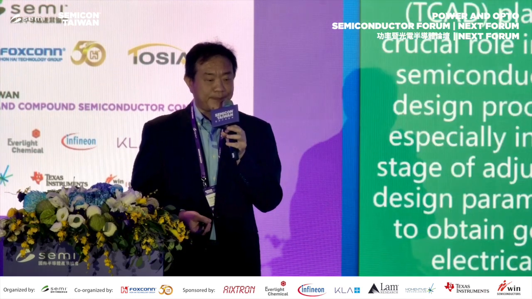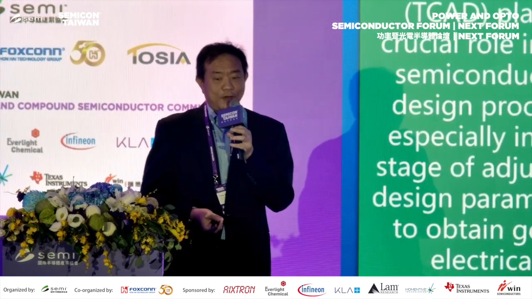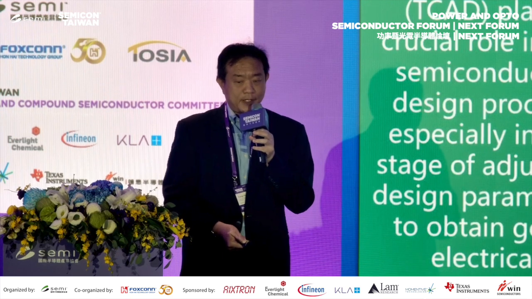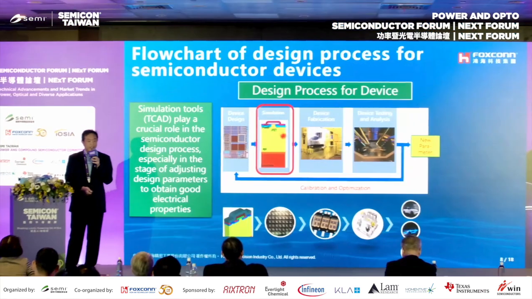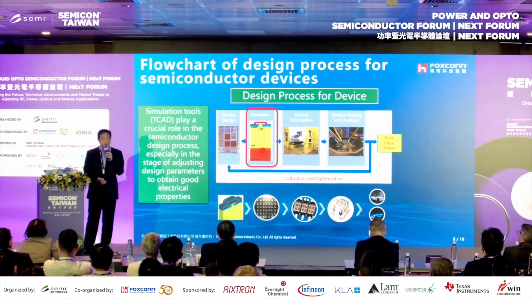Yeah, so now let's go into the detail about our technology. So here is the overall flow chart of the design process for a semiconductor device. There are mainly four stages here. First, we need to select good design parameters for this device. And second, we need to go to the simulation software to run a simulation to see if the simulation result meets